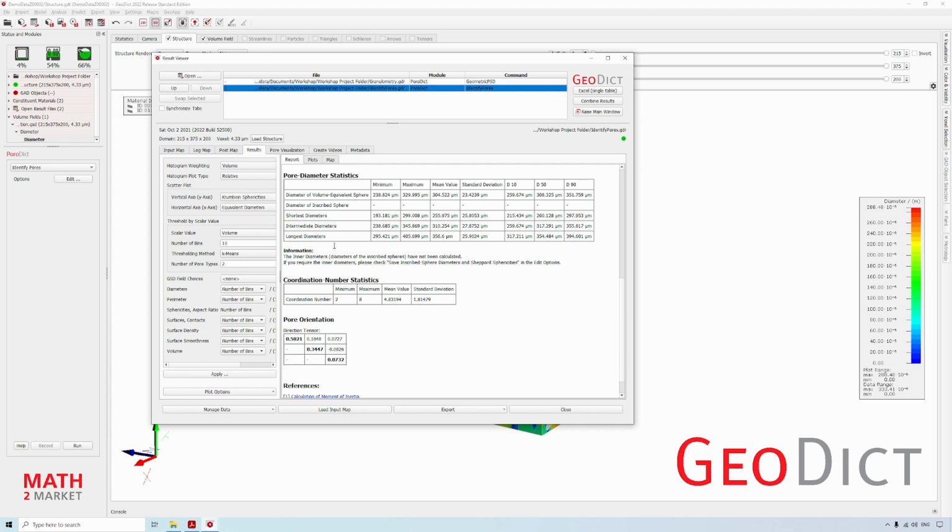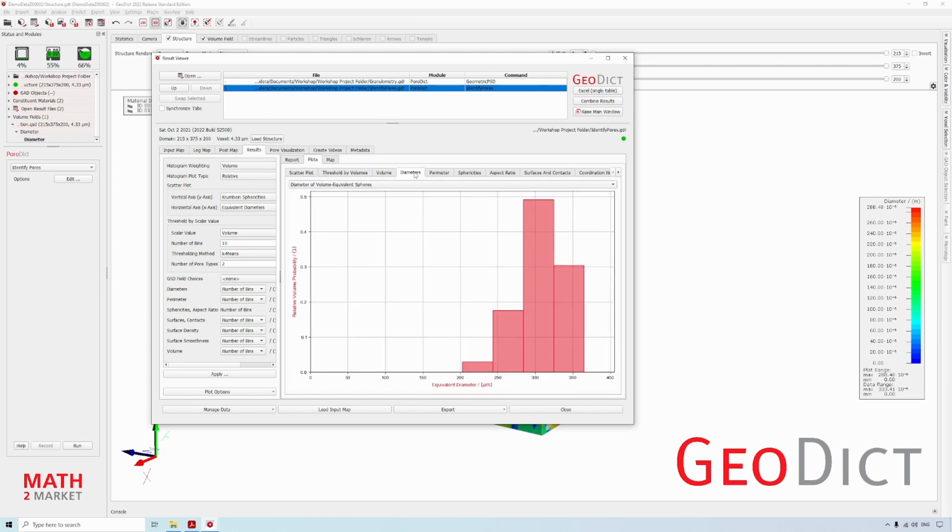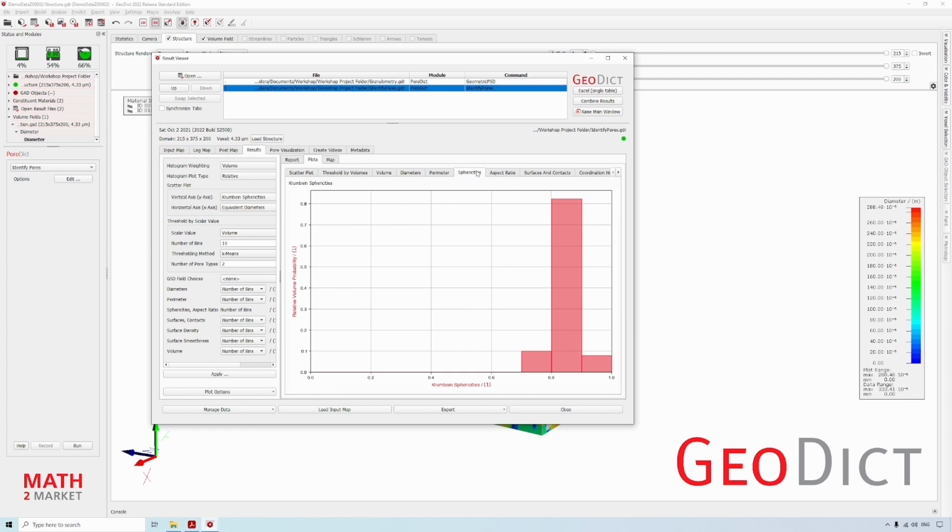We can again head to plots and look at various different plots. Most interesting are, for example, the diameter distributions and the sphericities. And here we can also have a look at the identified pores.